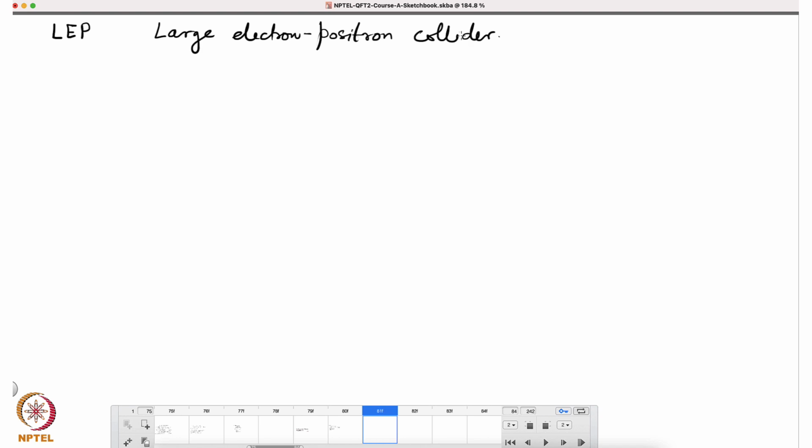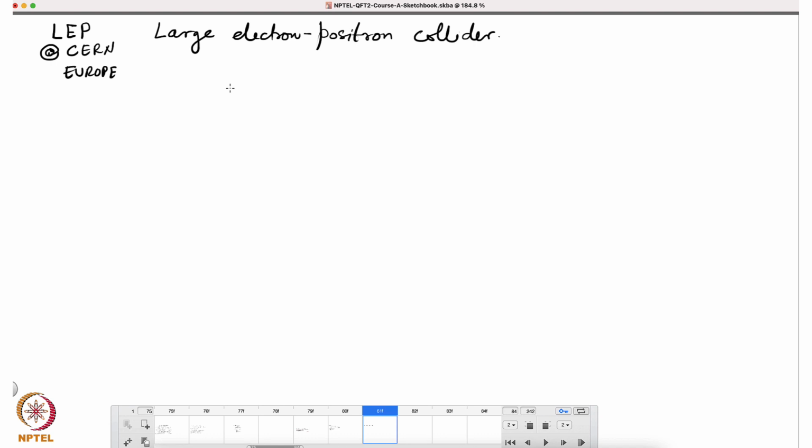Okay. And as the name says, it is colliding electrons and positrons, and this facility was at CERN, actually it is not there anymore, was at CERN in Europe,